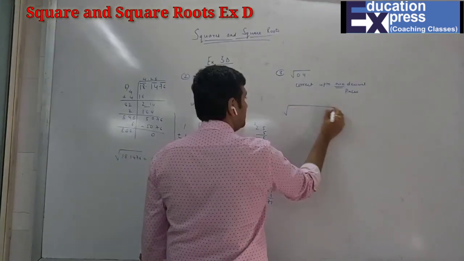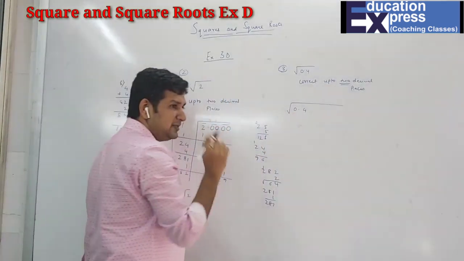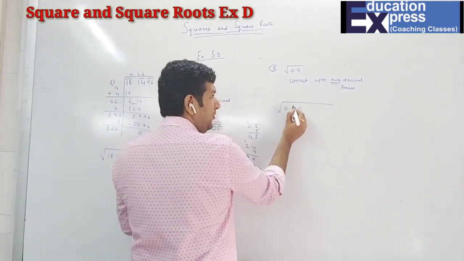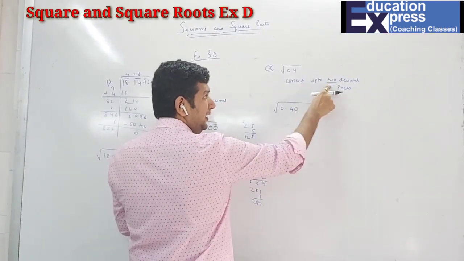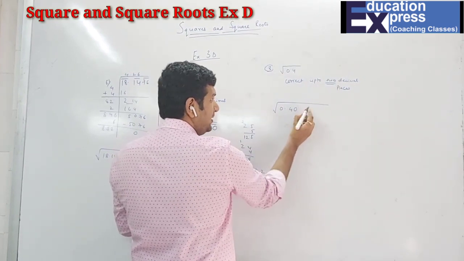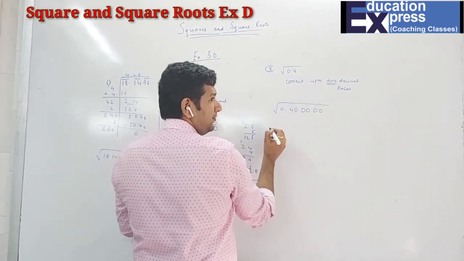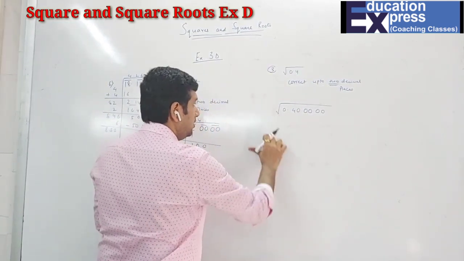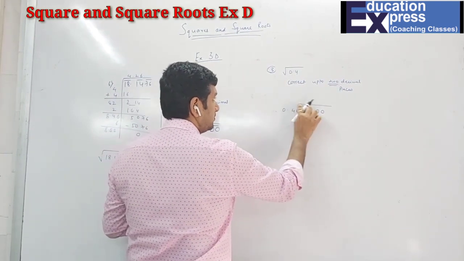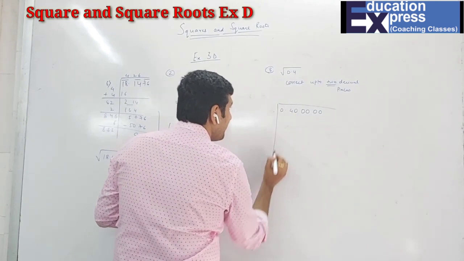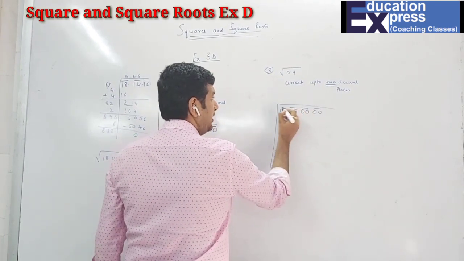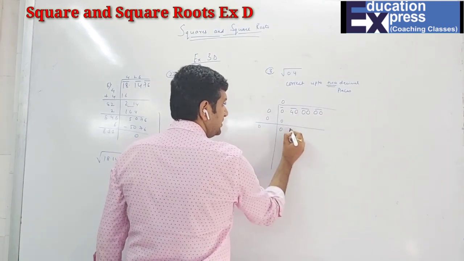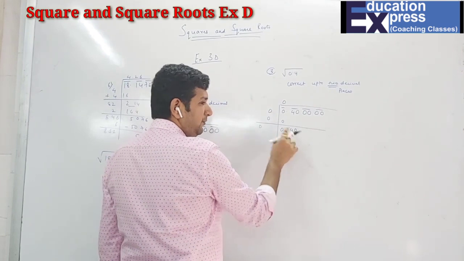So now 0.4. Students, you can see that after the decimal already we have one number. So if I take 1 0, you make one pair. So one pair is done. I want how many? 2 plus 1, 3. That means one pair is done. Second pair and third pair. Now 1 2 3 and here 0 into 0 is 0, then 40. So students, now 40, before 40 what square comes?